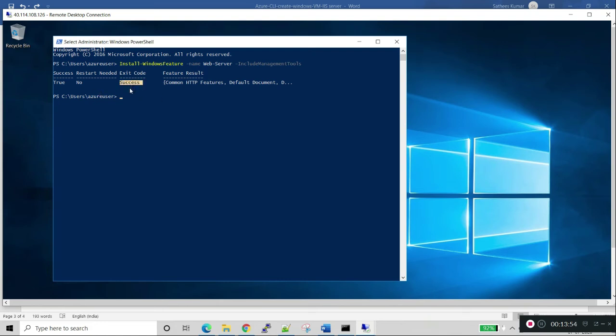We are getting the success message, and we will open it in Internet Explorer.